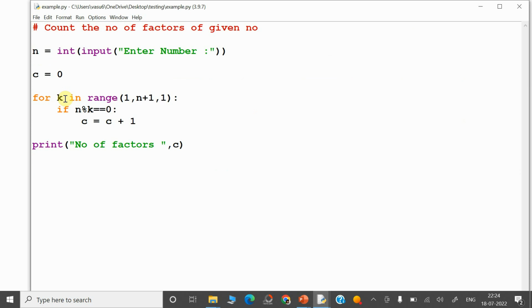In case they ask you to find out whether a given number is a prime number or not, what is the logic for a prime number? Simple. If the number has exactly two factors, 1 and itself, then it is called a prime number. So here remove the print statement and simply write an if c double equal to 2 condition. After finishing the for loop, you will get the number of factors in variable c. So after finishing the for loop, check if the number of factors is exactly 2, then print a message